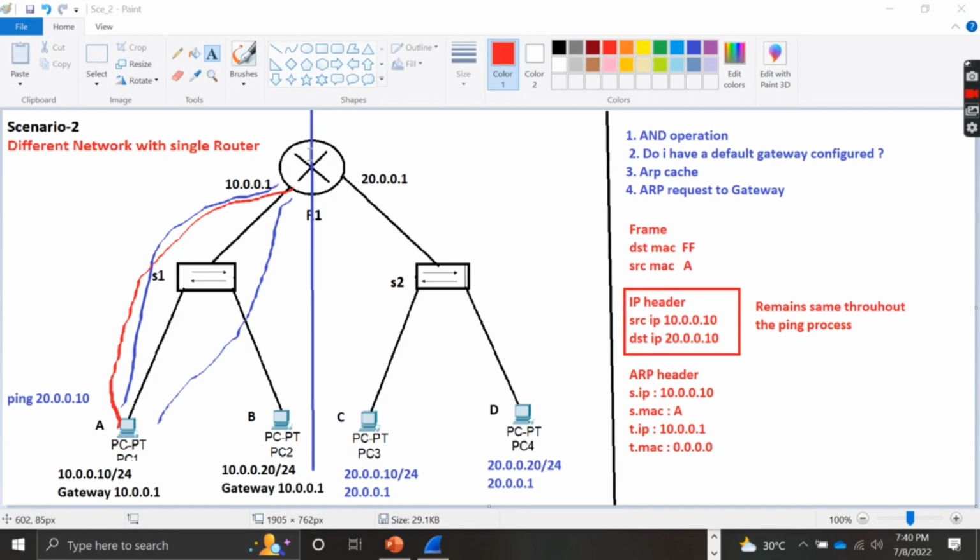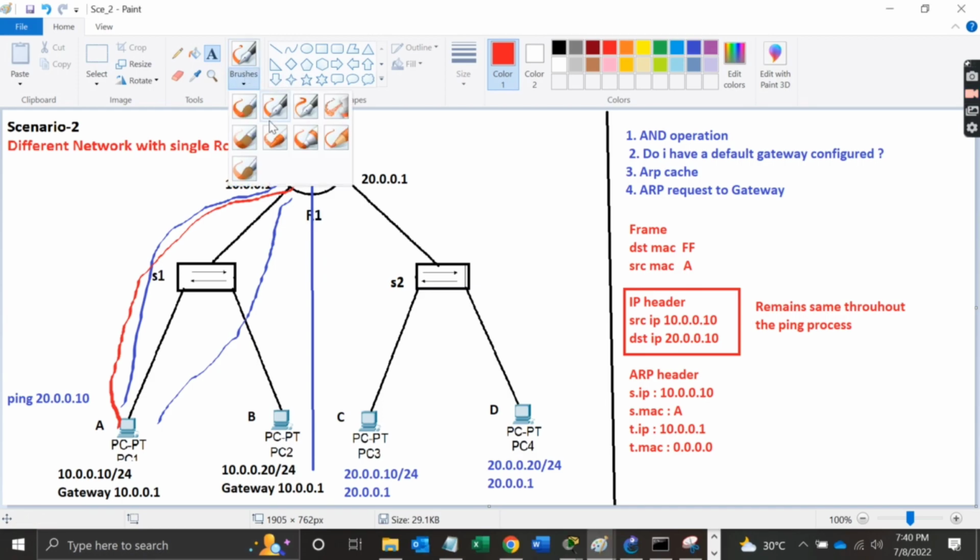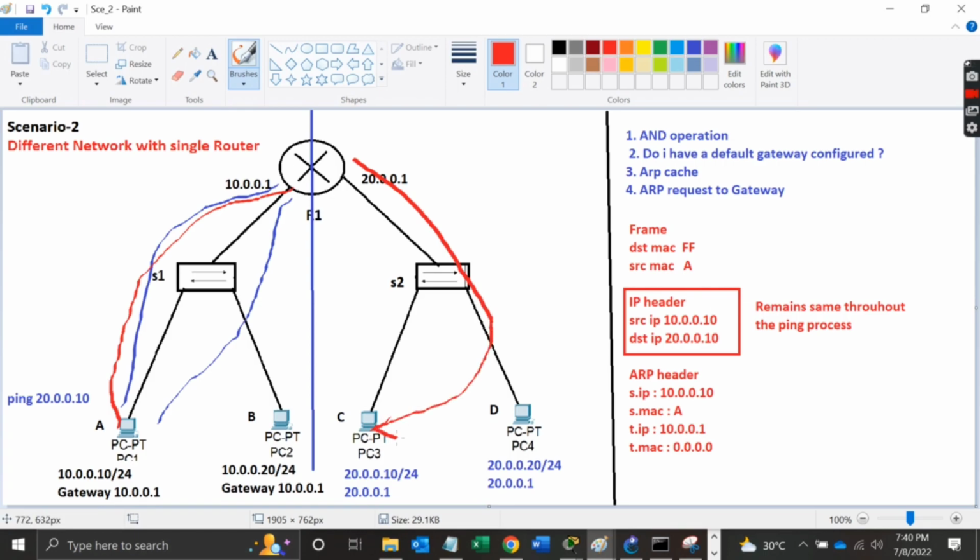The ICMP header is received at the router. Now what is going to happen is, the router is going to check its ARP cache. It is going to check, do I know 20.0.0.10? So now the router knows that, okay, 20 is my directly connected network. I know that. But do I have the corresponding MAC address for 20.0.0.10? The answer is no. Now what the router will do is, it will keep the ICMP header here and it will send the ARP request